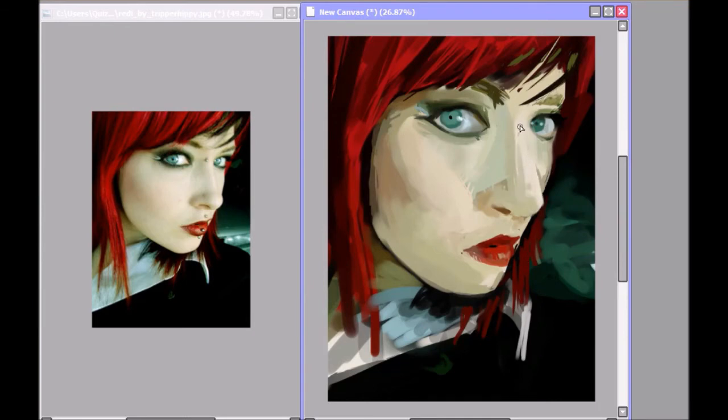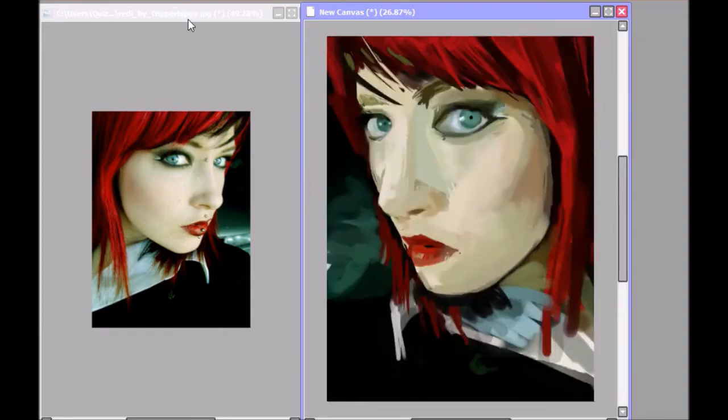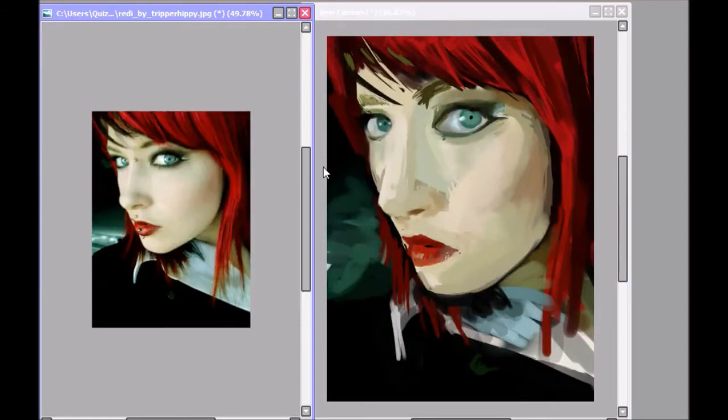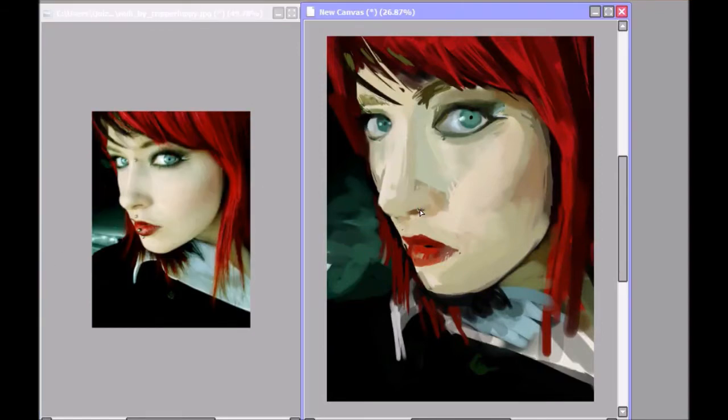There you can see I've changed the shading on the nose quite a bit. That's why I call it semi-realism, because I'm not copying everything to a T. So I've sort of grouped up a bit and made it a bit different from how it actually is. That nostril's not in the right spot, dude. What you doing? Nostril is not right. Fix it.